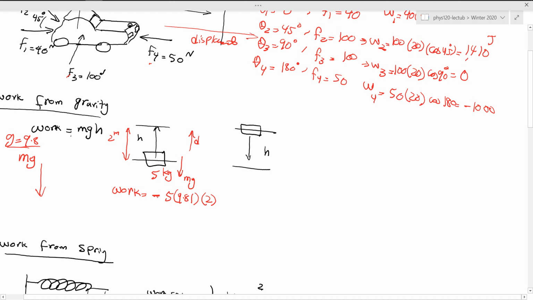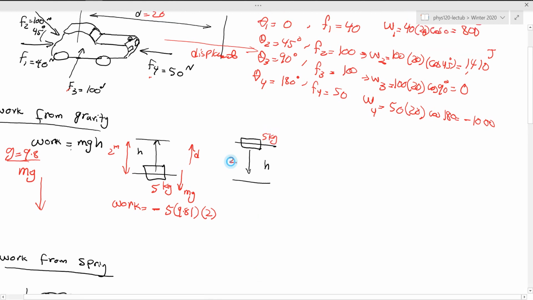So this time you have to actually give work, right? Whenever we give work to something, it means that at the end, we're going to get a negative type of work. Now, in the second system, it actually generates work for us. If you have 5 kilogram and this thing is coming down for 2 meters,